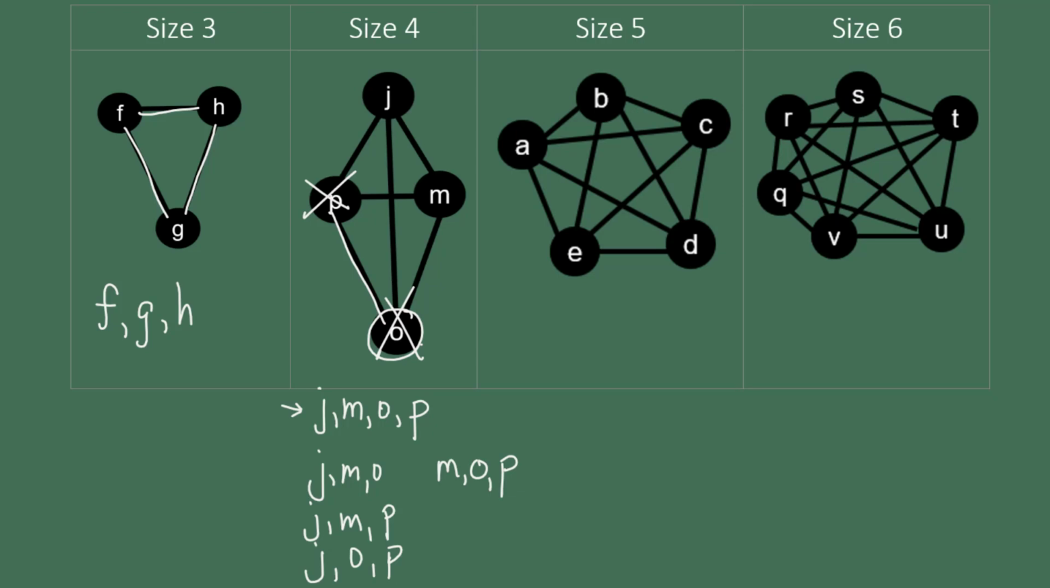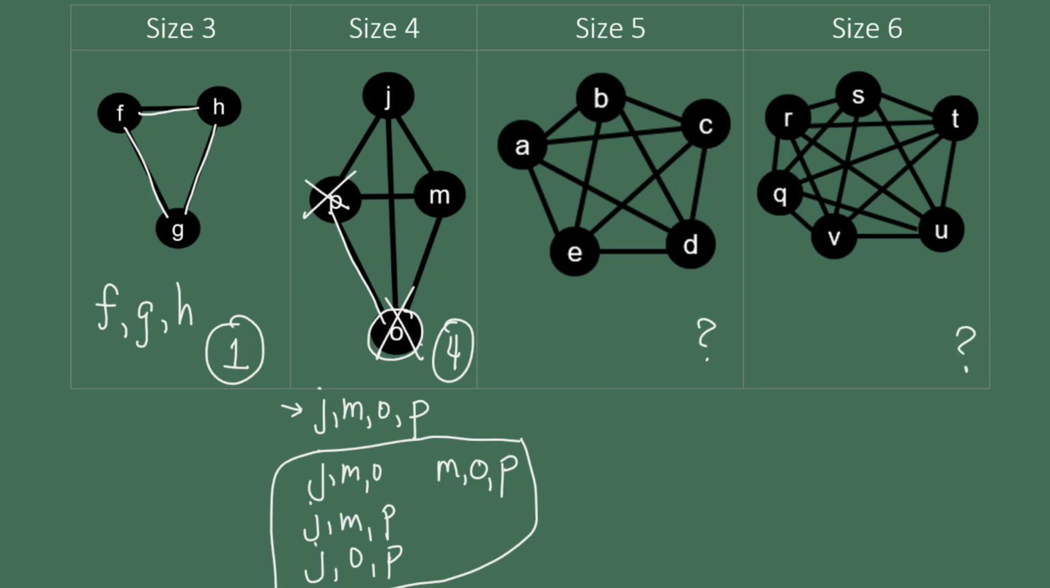In other words, we've already listed all the triangles, so we're done. So the size 3 complete graph had 1 triangle. The size 4 complete graph had 4 triangles. Now, as you can imagine, it can get very long to start trying to list out all of the triangles